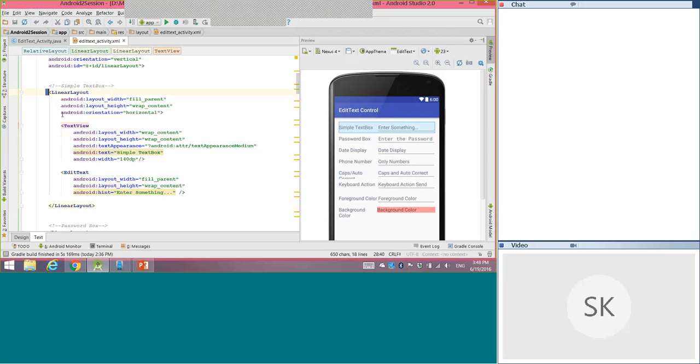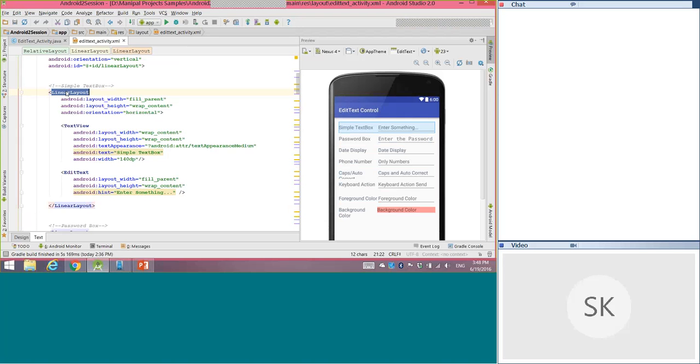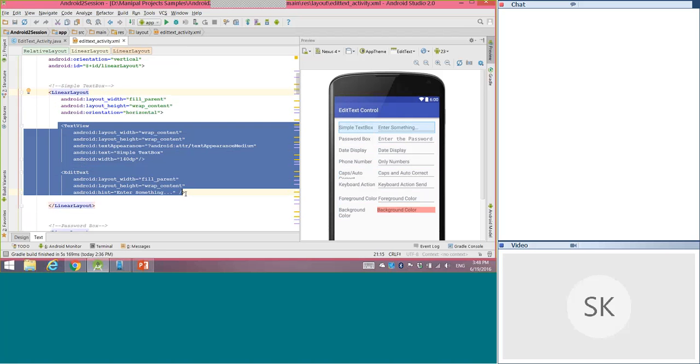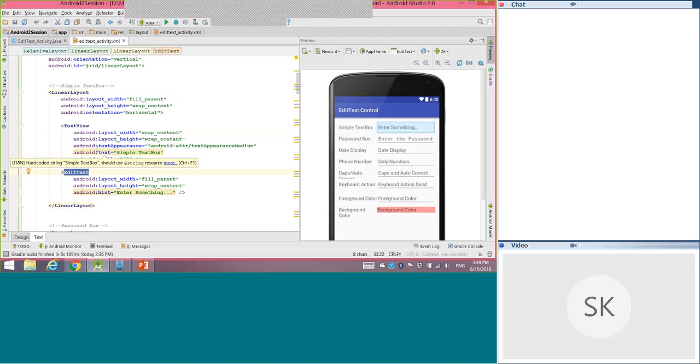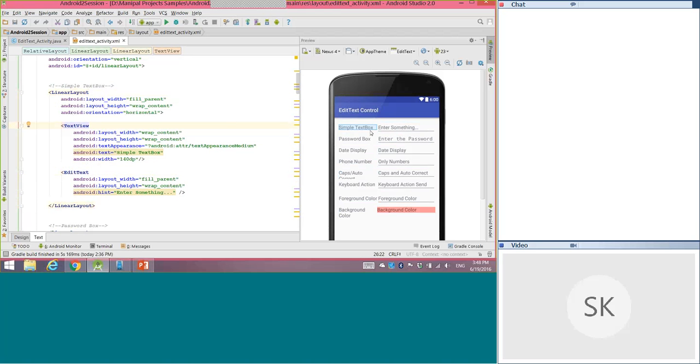How many controls are there inside this linear layout? See, this linear layout is a parent control. And inside this linear layout, I'm closing this linear layout over here, right? So inside this linear layout, I have two controls. One is the text view and one is the edit text, right? And the reason why these two controls are getting displayed next to each other is